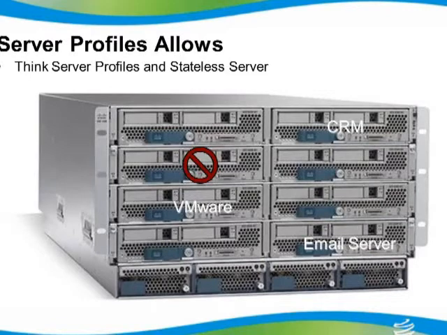So I can have a bunch of VMware servers inside this environment, and if one of those VMware servers fails, certainly with the VMware technology, all those virtual machines are going to power up on other physical hosts that are in that environment, but I'm kind of in a degraded mode. How do I get that VMware server itself back into production mode again? Well, I can just reapply that server profile to another blade and bring that back up, and everything will kind of load balance itself back out.